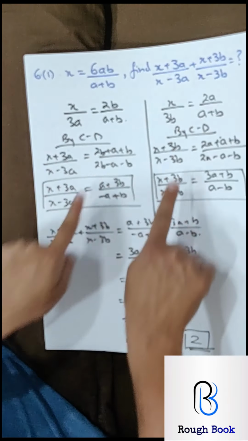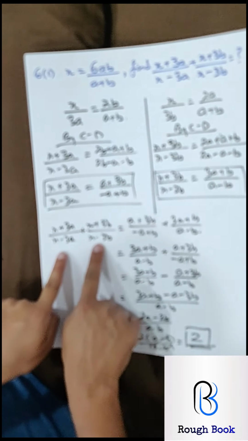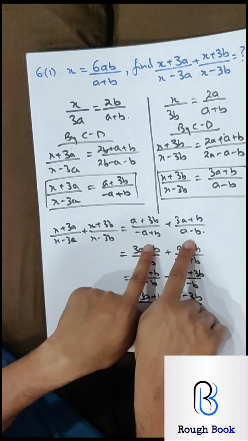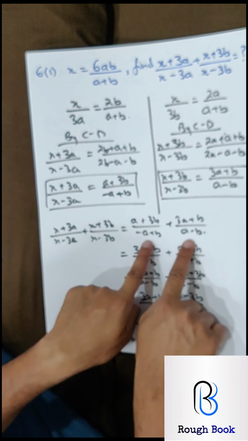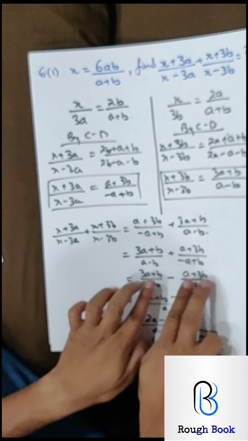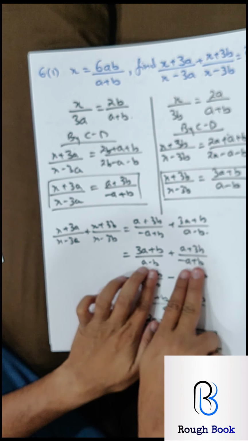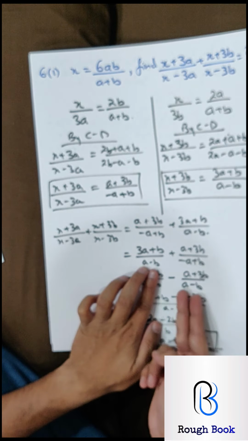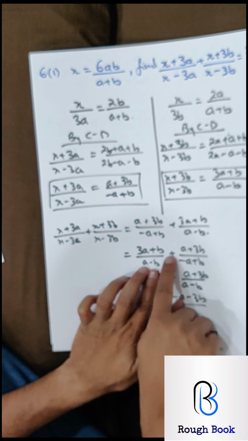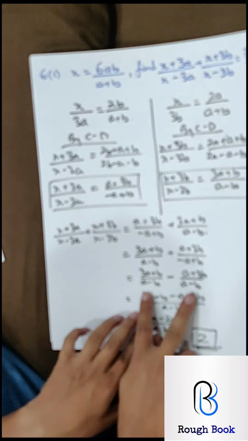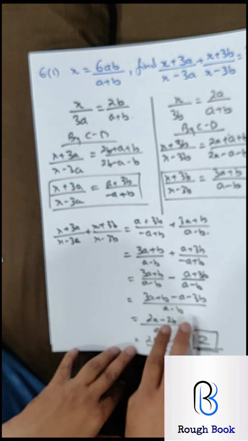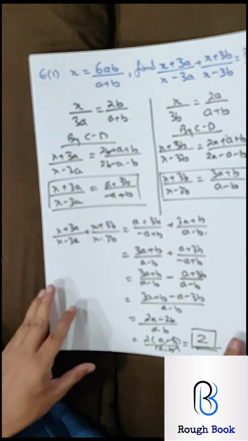These two parts are here, add them. And these two you add them. Now most important is you need to flip this. Why? So that these two denominators we can make same. Flip this, the signs, flip this side. Once the denominators are same, add them, take common, you will get your answer.